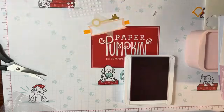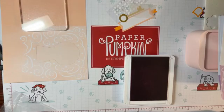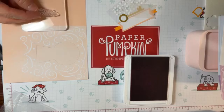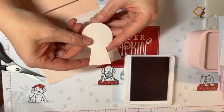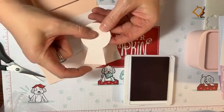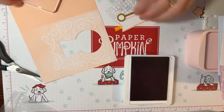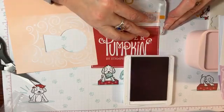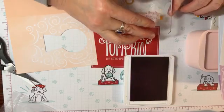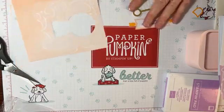Okay, so we're gonna stamp a different sentiment. I'm gonna grab a block here real quick. They want us to stamp, "You hold the key to my heart." They want us to stamp that. And look, you could use this piece on another card. If you have some cardstock, you could easily put this on another card and have the key inside it. Same principle, but just using different cardstock. All right, so we're gonna stamp our sentiment right here. "You hold the key to my heart." Right here on the sentiment little label. And I already stamped our thing, so